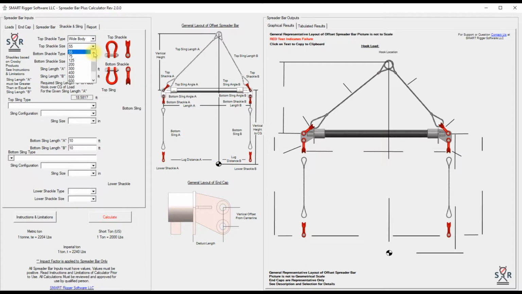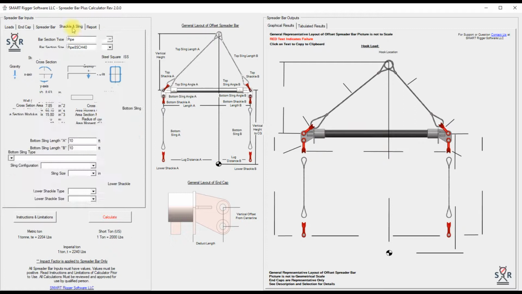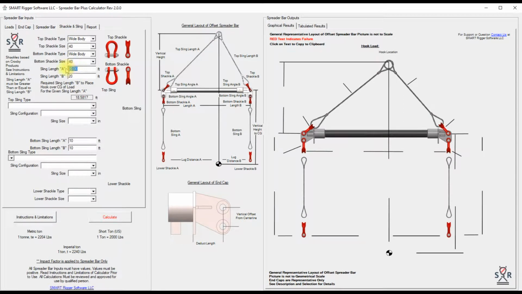Now for this example, we're going to use 40-ton wide bodies on top of our spreader bar and 40-ton wide bodies on the bottom. Our spreader bar length, going back to the beginning, was set to 20 feet. So we'll keep this at 20 feet. But we do have an offset CG based upon the loads that we had going into our lower shackles. So